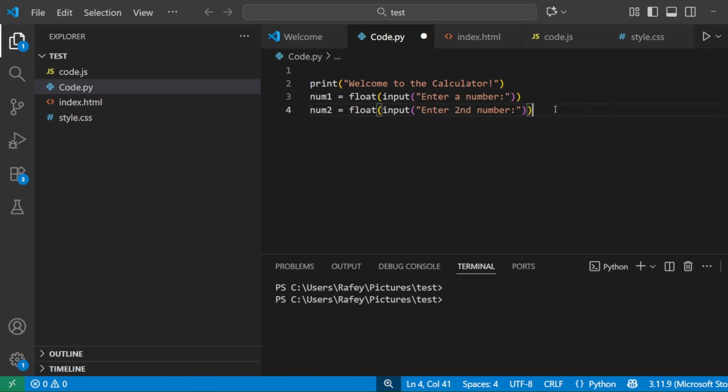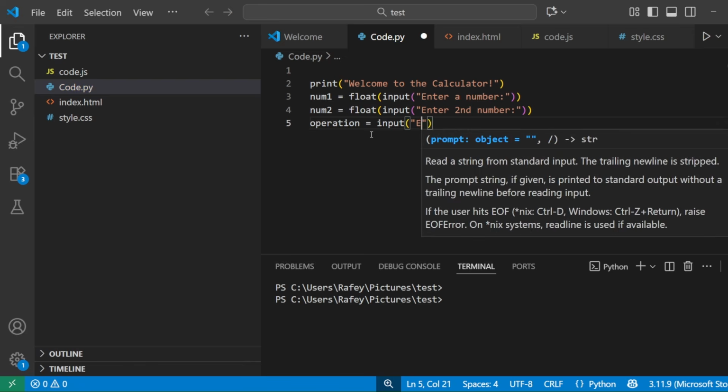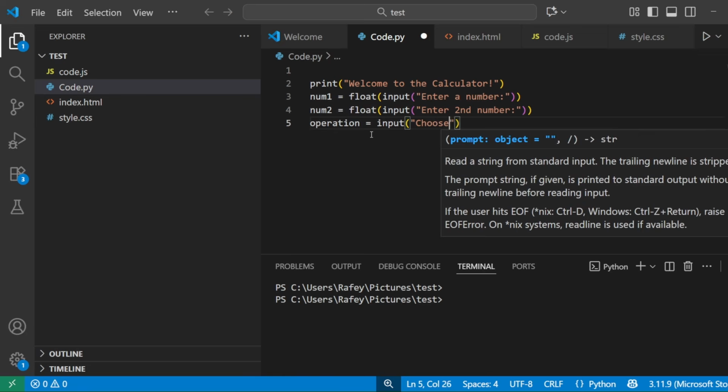Alright guys, so once we've done that, we're gonna proceed to write our second step, which is to help the user choose the operation. Now to ask the user to choose the operation, we're gonna name our variable operation. Alright guys, so operation is equal to input, choose operation, like we can do